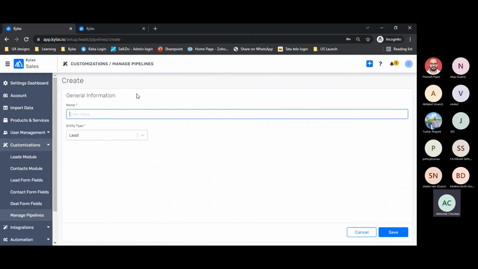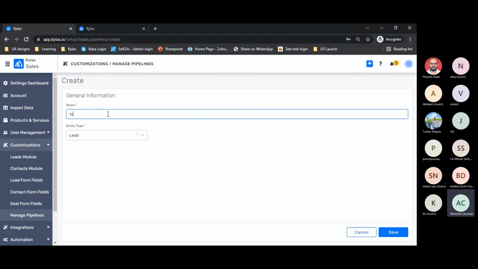So as I said, I can have multiple pipelines in my system. You can create different lead nurturing pipelines for different geographical locations. So let's say you have business in multiple nations, right? Maybe your pre-sales team of India might follow a different set of stages, but your pre-sales team of the United States of America can follow a different set of stages, depending on the geographical location, depending on the behavior of customers, right? So I can have multiple pipelines.